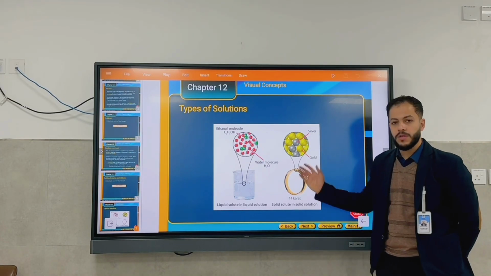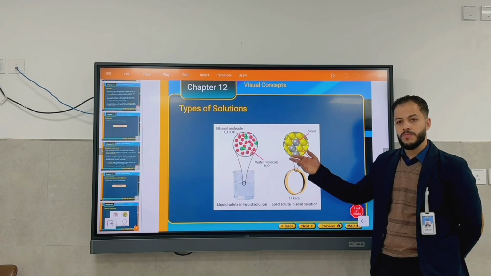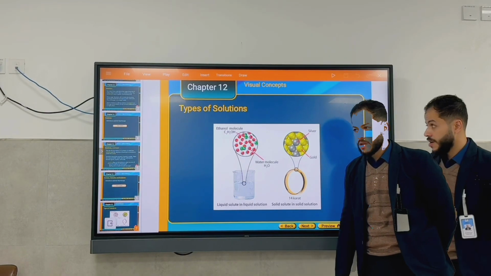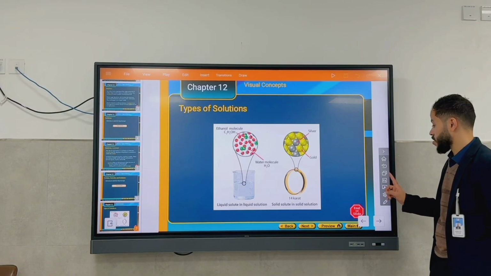Here, for example, we have gold and silver. It's an alloy. The gold is the moon color with the big amount, so it's considered the solvent, and silver is considered the solute. Now, you have to differentiate between the solubility of the